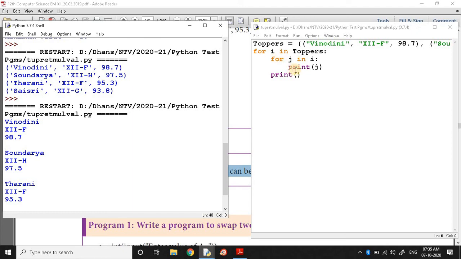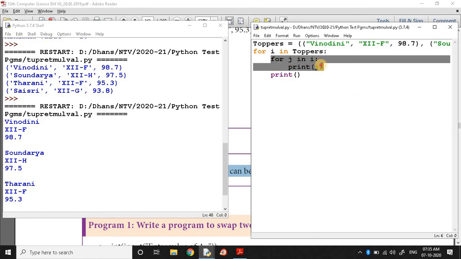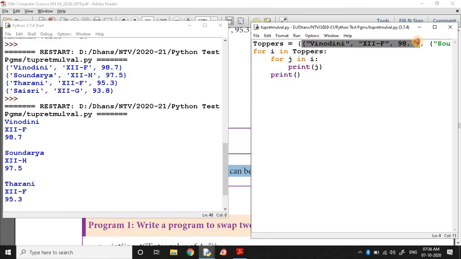By using the inner loop, we can display the nested tuple's elements one by one, accessed individually. So nested tuple elements can be accessed separately by using a nested loop. And a nested tuple as an element, totally as a single element, can be accessed by the outer loop itself.